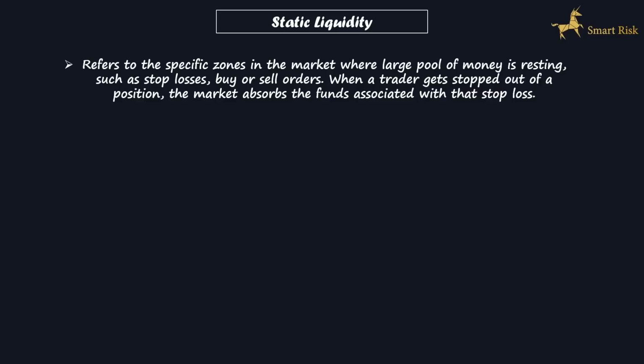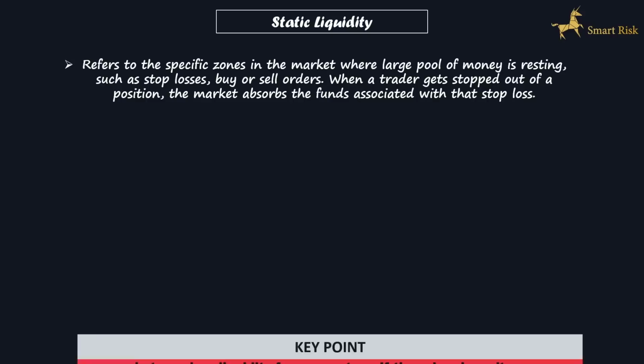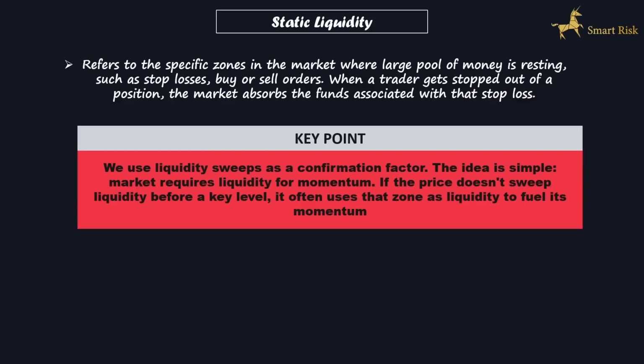Recognizing a liquidity sweep pattern before the price reaches our point of interest is crucial. This pattern confirms the strength of our supply or demand area. We use liquidity sweeps as a confirmation factor. The idea is simple. The market requires liquidity for momentum. If the price doesn't sweep liquidity before a key level, it often uses that zone as liquidity to fuel its